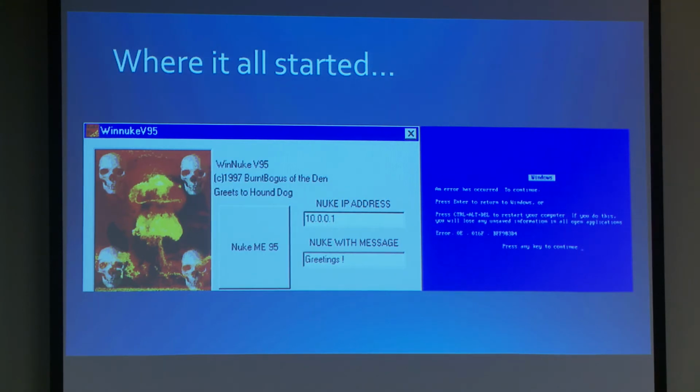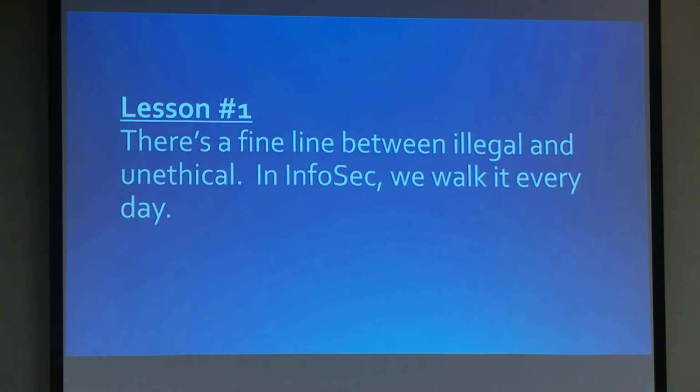And when I start to reflect back on this, and really how it relates to us as security practitioners, I come to my first lesson learned. And that is really that there's a fine line between what's illegal and what's unethical. And I think in InfoSec, we really walk this every day. We start looking at how do we screw with somebody, right? Oh, that person left their laptop unlocked. I should go and change their background to be a picture of their desktop, and then they're going to click and not be able to do things, right? Not illegal, unethical, maybe, but I'm going to teach them a lesson, right? I think that we walk this every day.